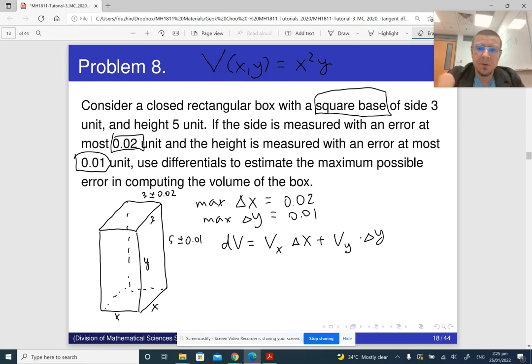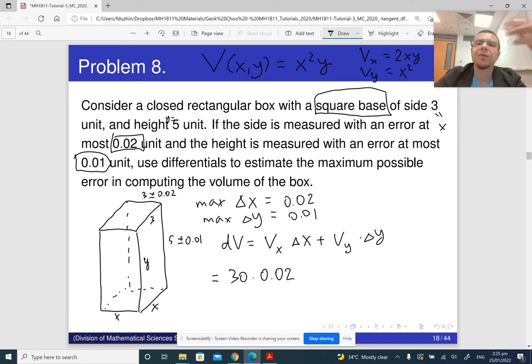So partial derivative of v with respect to x. Well, let me write it here. So partial derivative of v with respect to x is 2xy. Partial derivative of v with respect to y is x squared. Okay, so let's just substitute. So 2xy. Now my x is 3 and my y is 5. So 2xy is 2 times 3 times 5, which is 30. 30 times delta x is